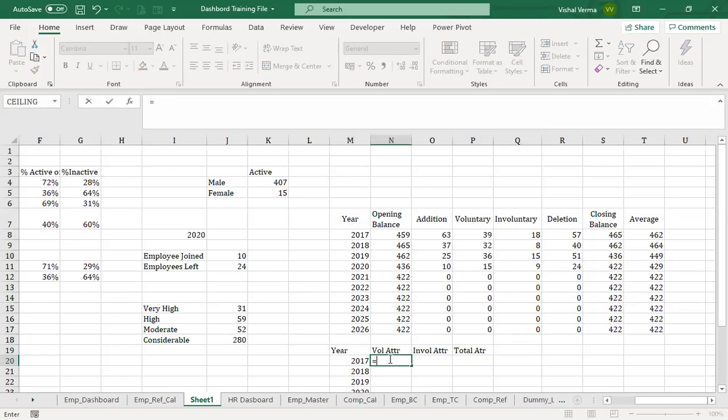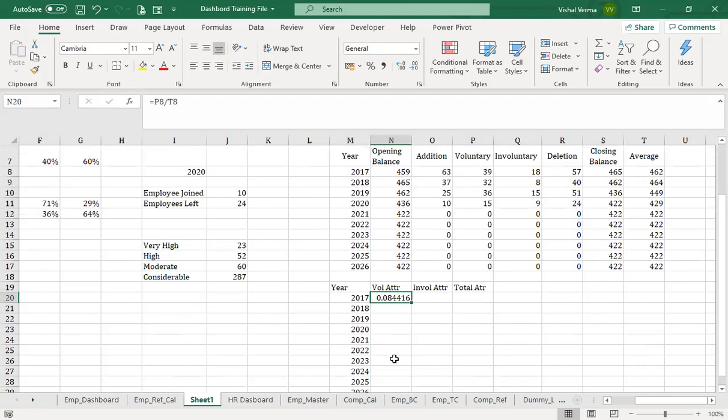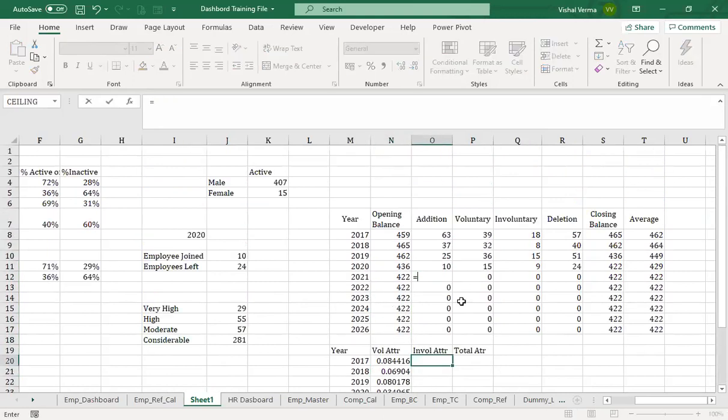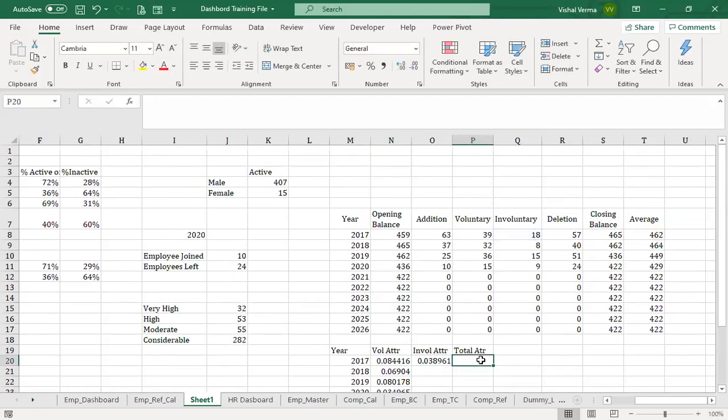It will be voluntary divided by average. So we have got this one, and you can just drag it down; it will keep taking the different values. Involuntary will be involuntary divided by average, and total attrition will be total deletion divided by average.